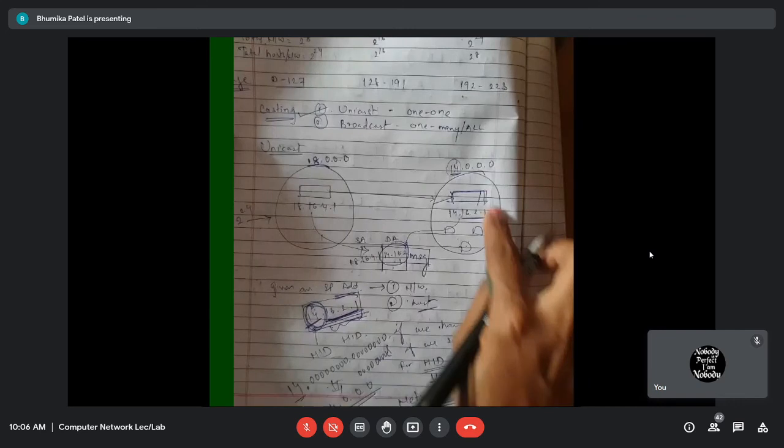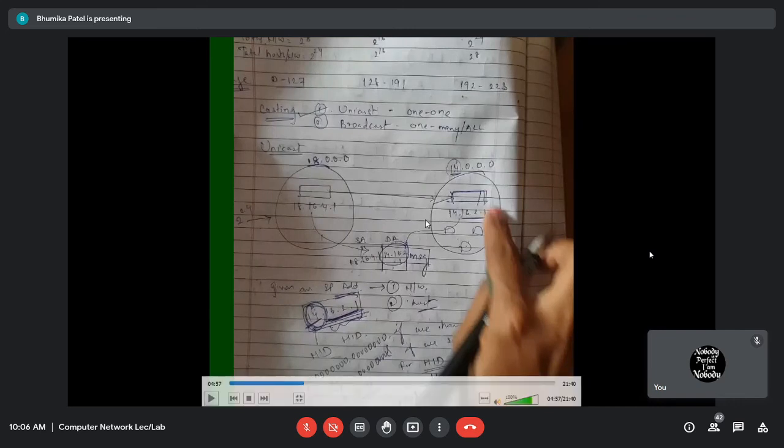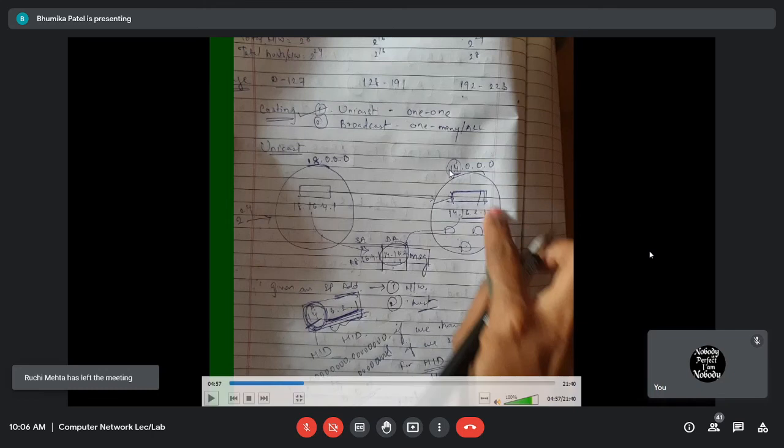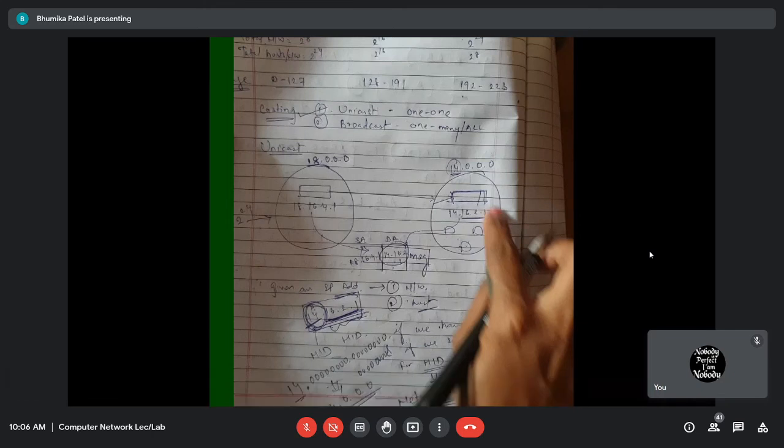As I told you, out of all the IP addresses given to us, two IP addresses cannot be assigned. So which IP address will not be assigned? The first IP address, meaning the one starting from 0. We cannot assign this first IP address to a device. It is always the network address, where the host ID contains all bits 0 and we keep the network ID as it is. Are all of you getting what I'm saying? Yes, ma'am.